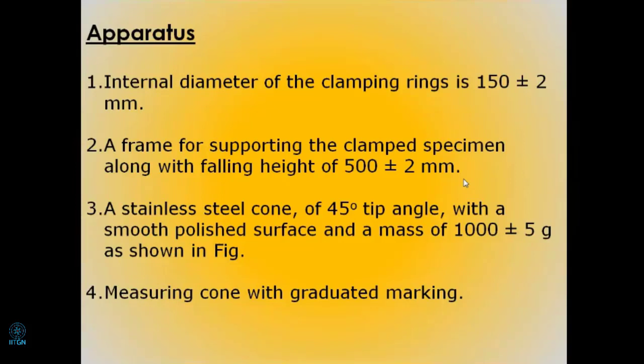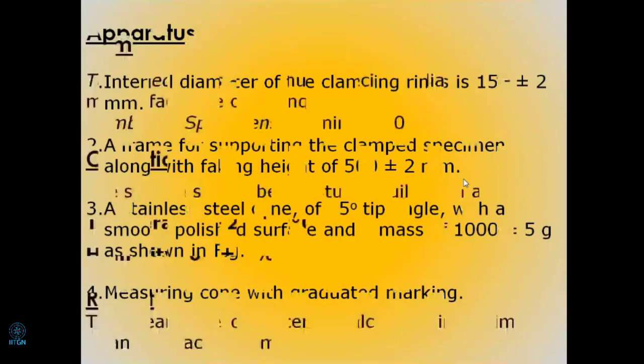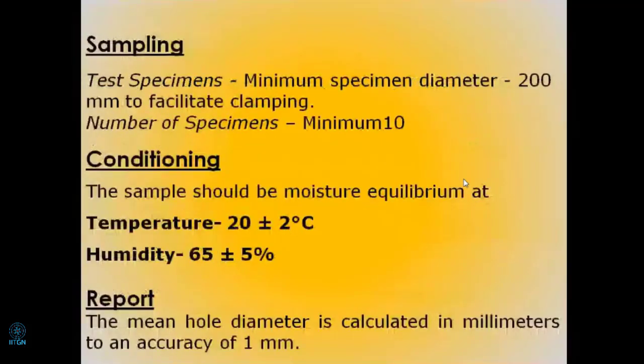You have to maintain the specifications of the equipment and the specifications of the accessories. We have to maintain the temperature. We have to maintain the humidity requirements as per the codal provisions. Now, the minimum test specimens for this test of 200 mm dia are 10. It cannot be 8, it cannot be 11, it cannot be 12. As per codal provisions, whatever number is specified, we have to take those specimen numbers.